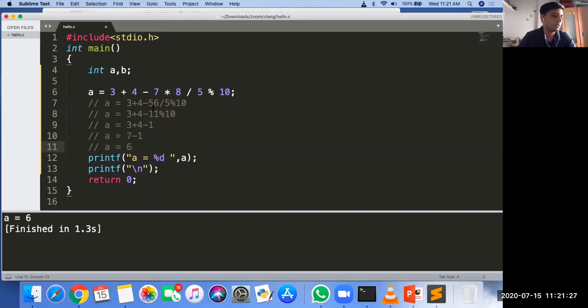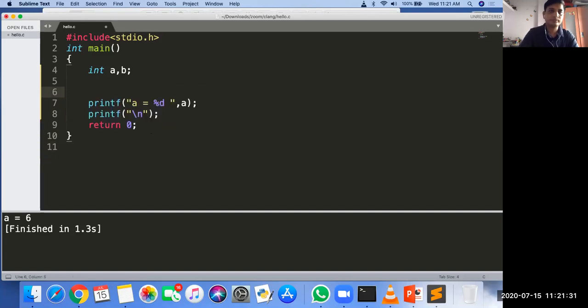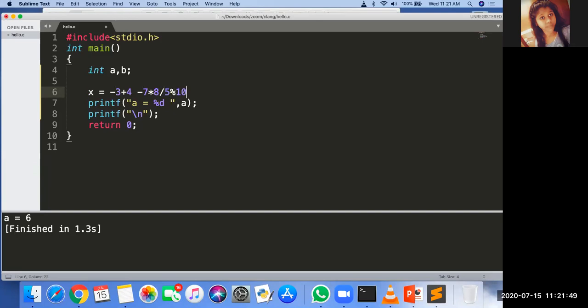Just go stepwise, you will get the perfect and correct answer. Okay, next one, I'm modifying some operators again, and just tell me the output here.